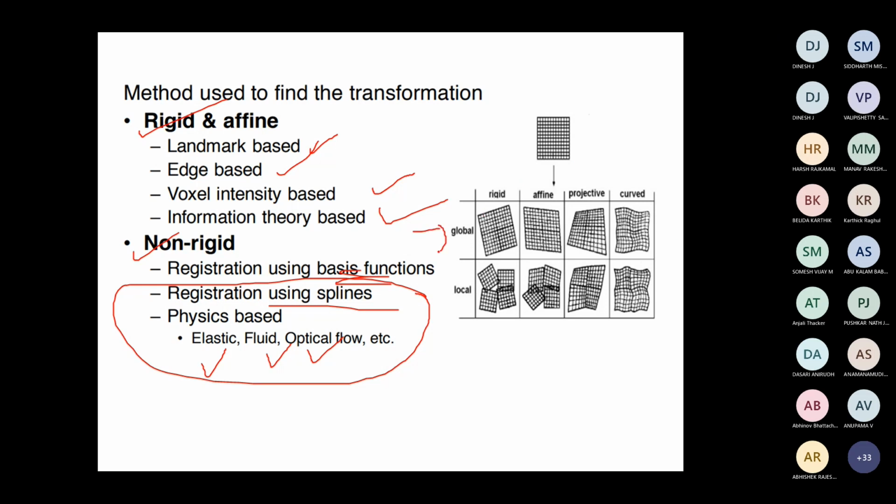So here you can see what is meant by global and local, and how it will be for a rigid transform. If we are performing the rigid transform, some rotation happens here. If it is projective, if it is a forward transform, it will be like this. If it is local, for each sub window, we are trying to perform a particular transformation.